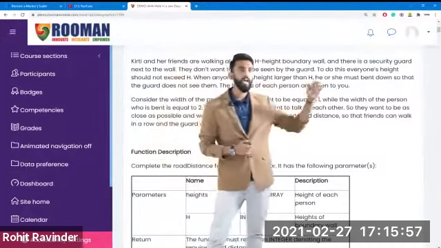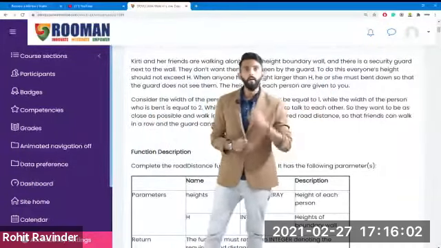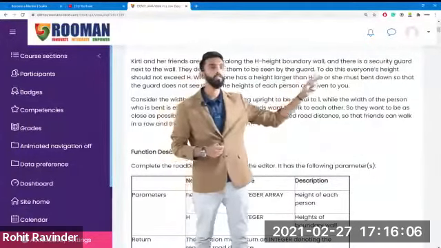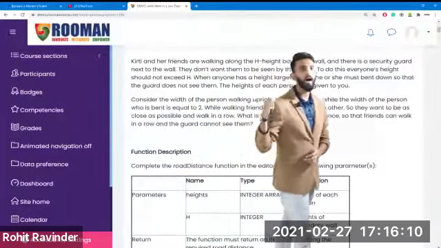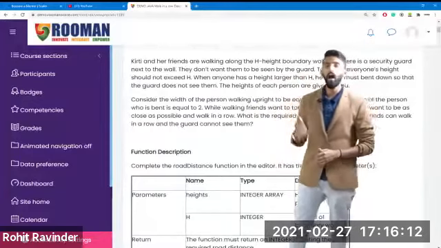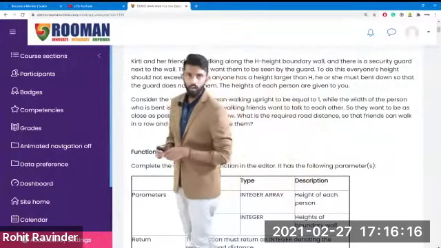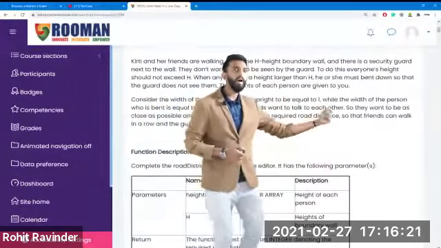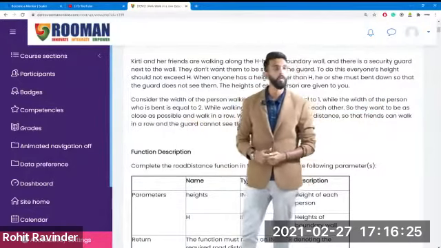To do this, everyone's height should not exceed H. When anyone has a height larger than H, he or she must bend down so that the guard does not see them. The heights of each person are given to you. Consider the width of the person walking upright to be equal to 1, while the width of the person who is bent is equal to 2.